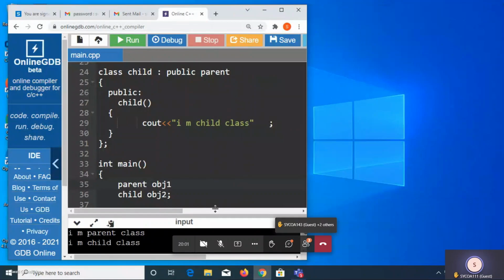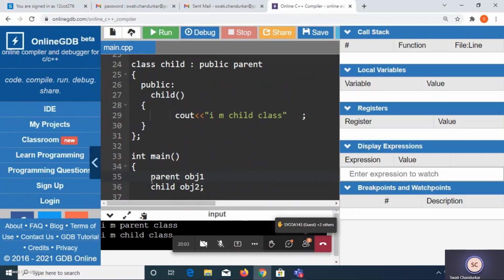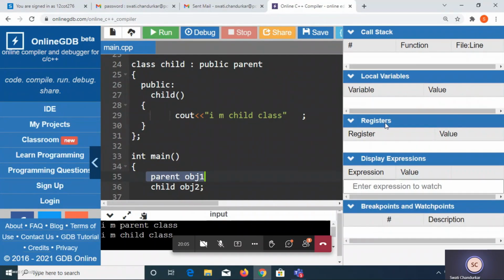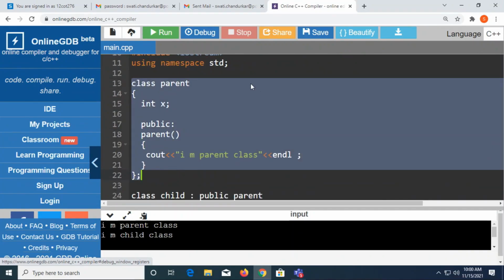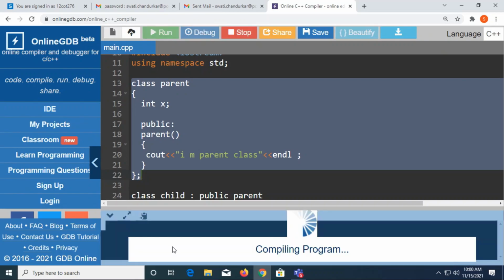So what will happen after this? See, from here the control will move to your parent class. So what is your parent class? This one directly. There is no dependency link, right? There is no other definition. Only one class is existing. So automatically the parent class constructor will get called. And what will be the print? What will be the output?